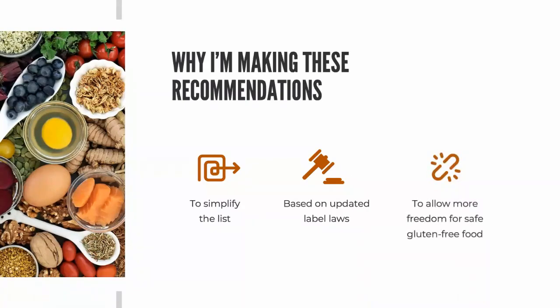And the third one, and the reason why I want to have this webinar to explain everything, is to truly give more freedom for safe gluten-free food options. Gluten-free is limiting enough, and I think especially with the woe ingredients for things like maltodextrin, caramel color, natural flavors, those seem to be in every food. And so it can be really limiting if you don't understand if you can have them or if you can't have them. So I want to allow more food freedom in a safe way. Of course, I'm not going to open up the woe list and just take things off just for shits and gigs. There are reasons behind it,